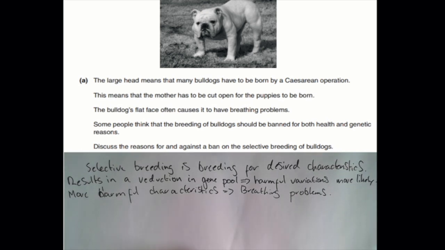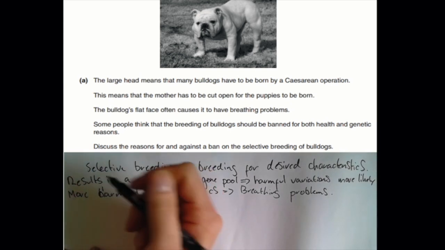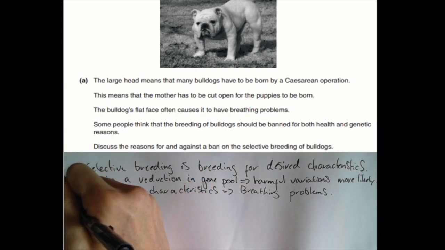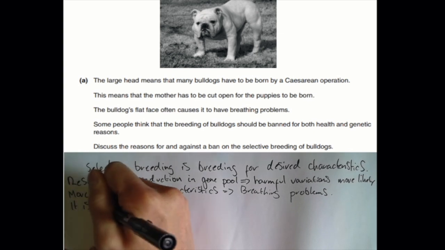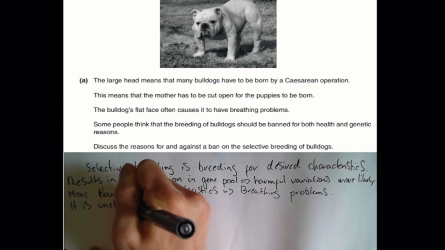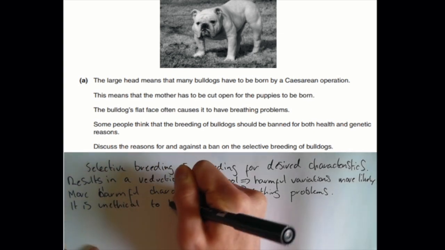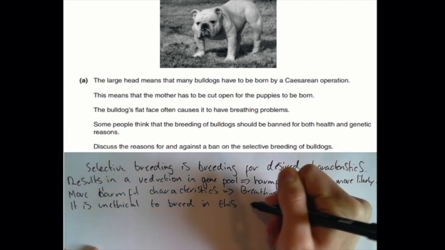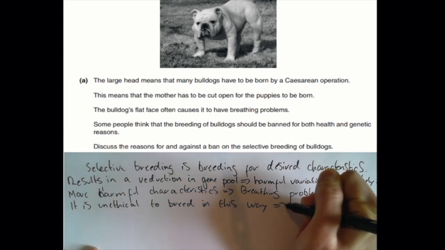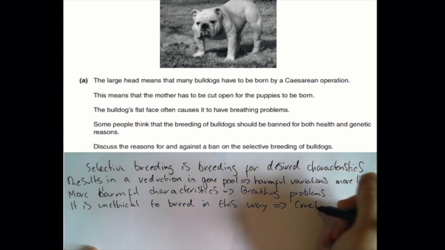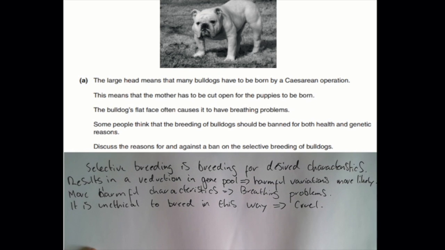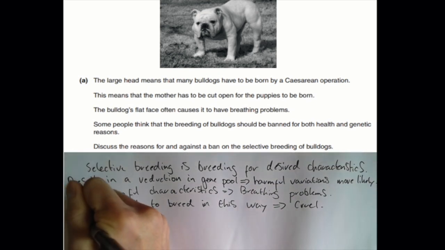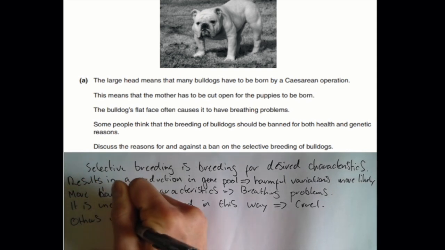But then these are the problems with it. Why do people worry about this? Well, they would say it is unethical to breed in this way, that it's cruel because the animal has a low quality of life at the end of it. Other people, however, others would say